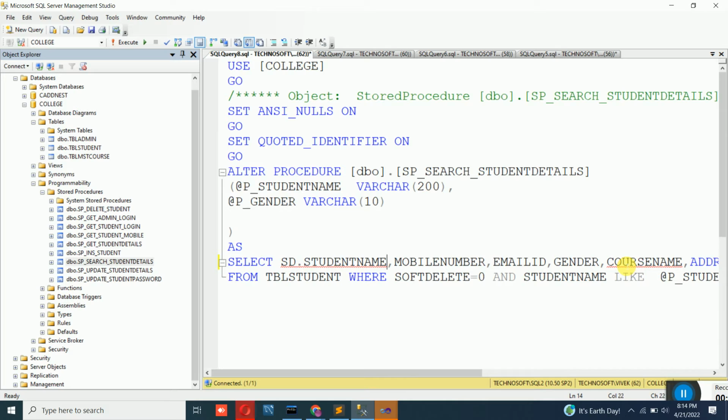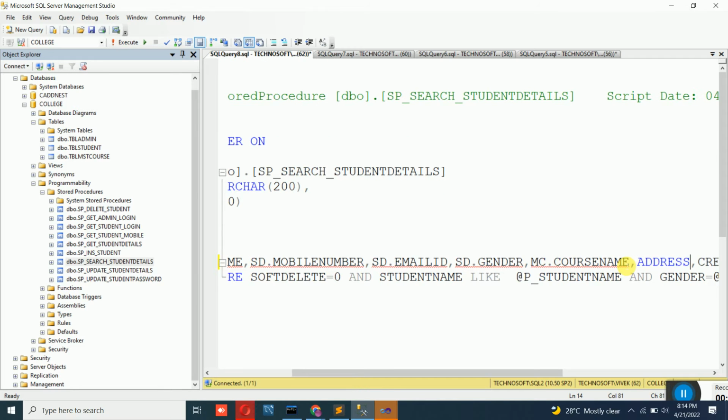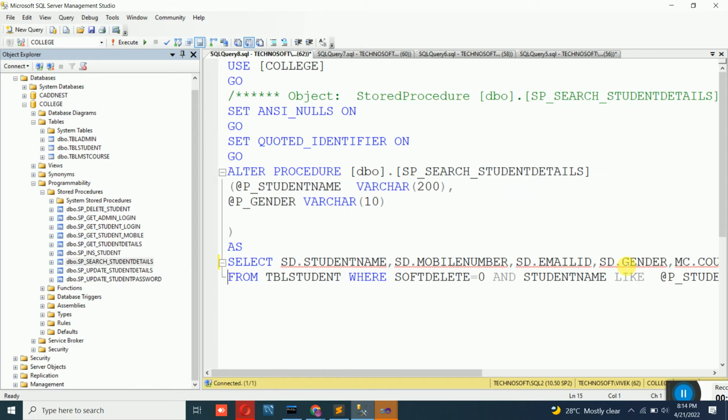SD is the alternate name which I will give for TBL student, I mean student details. Course I will give MC, that is master course dot course name. Address again sd dot, created on sd dot,